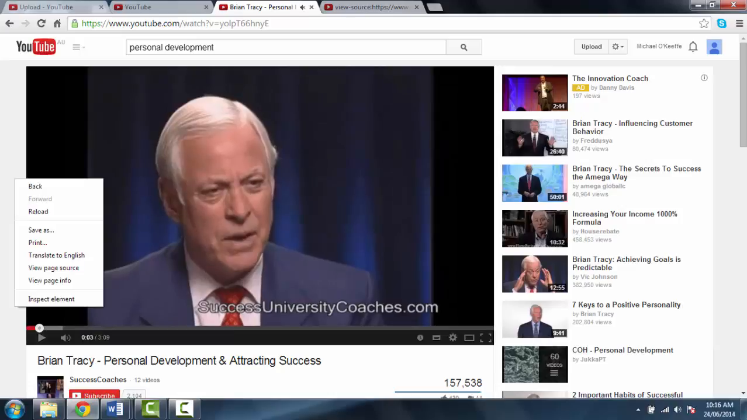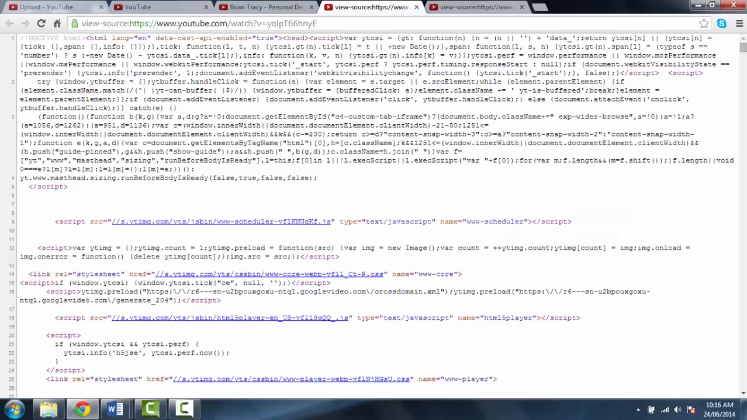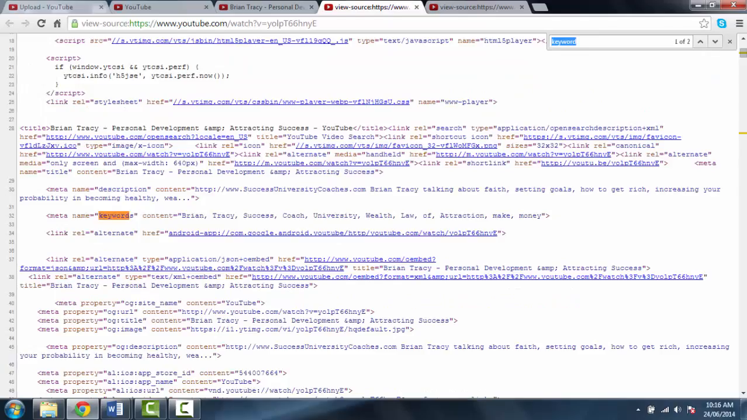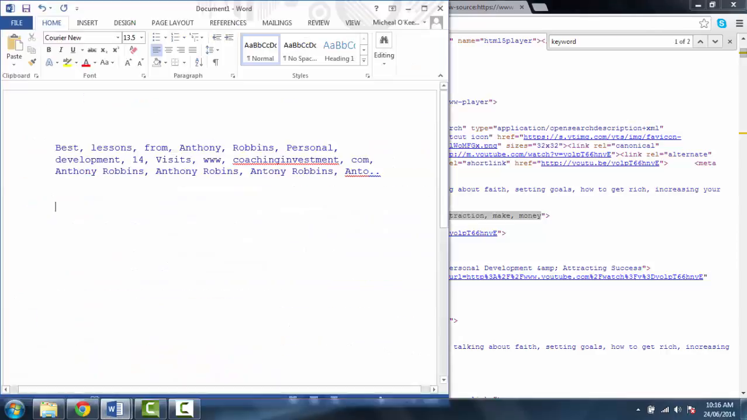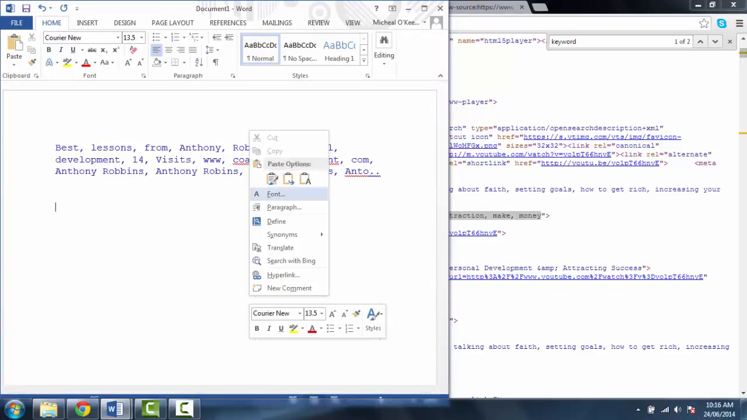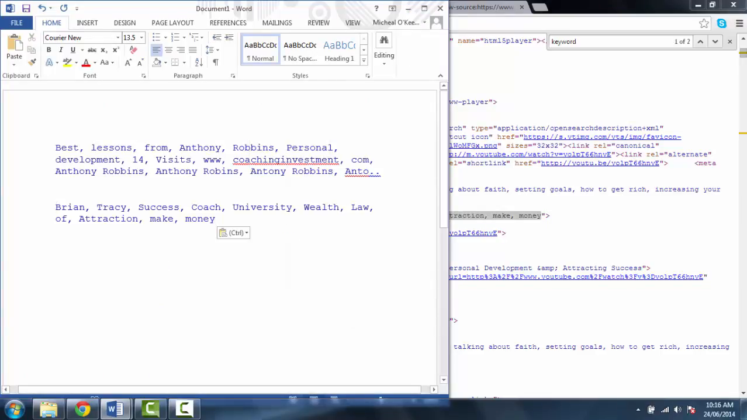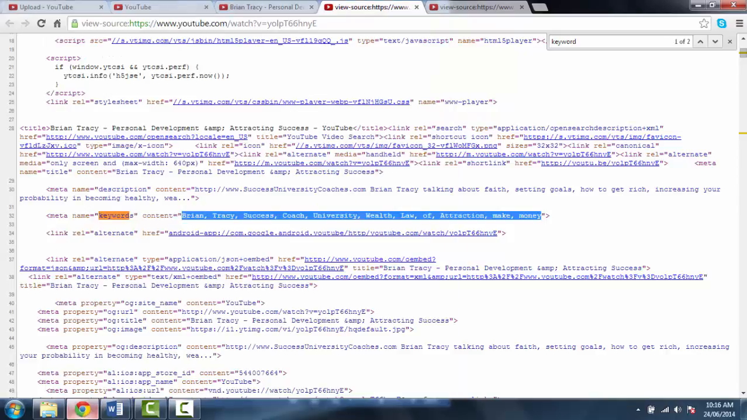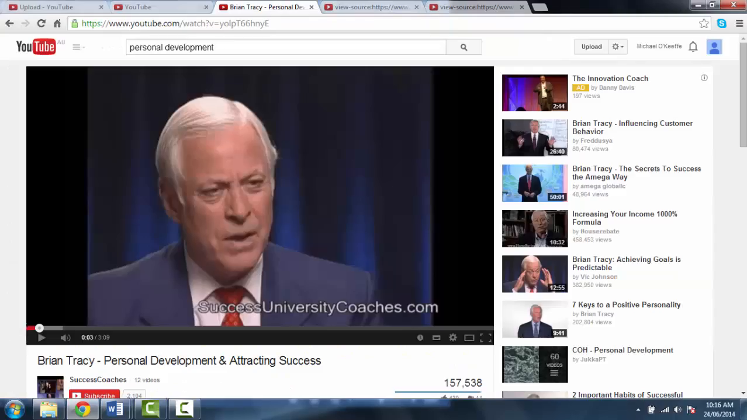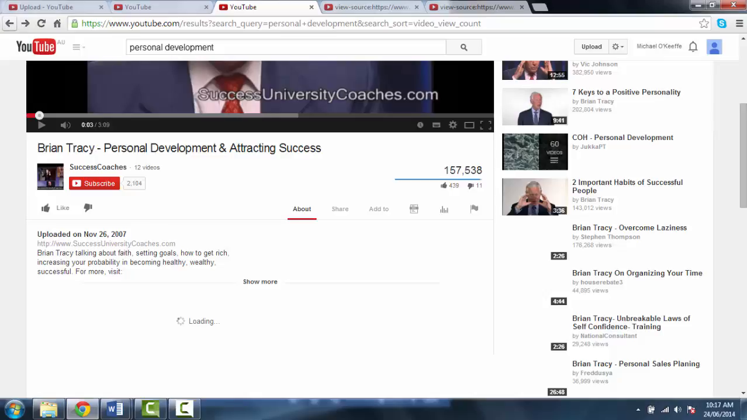I'll stop that. I'll right click, I'll view page source. Once again, it opens up a new tab. I go Control Find. I look for the word keywords. Once again, I'll right click and I'll copy. I'll open up my Word document. I'll right click and I'll paste. Okay, and I'll just do it for one more video just to show you, because once you rinse and repeat this,